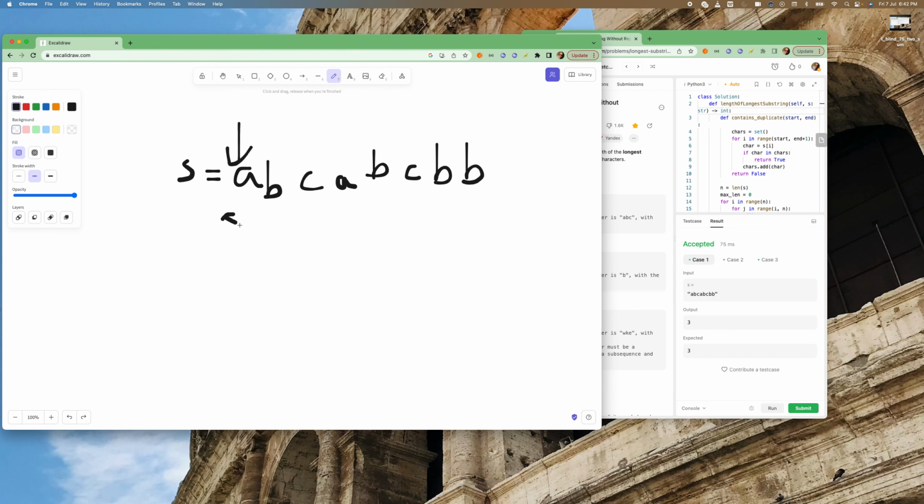Say this is start, and I'm going to expand the window size. So A is start, or start is 0, and end is initially 0, then we move to B. So end would be 1, and we find the